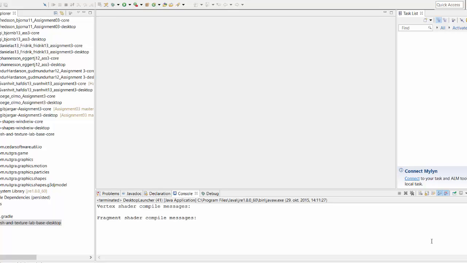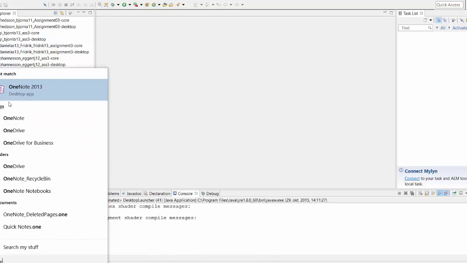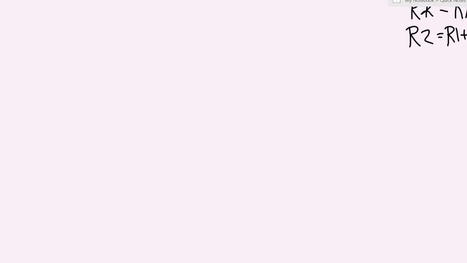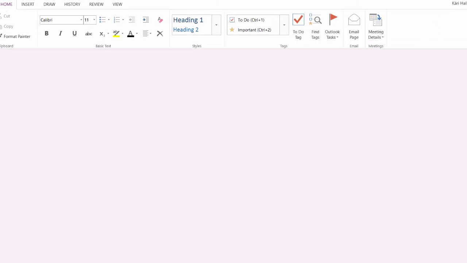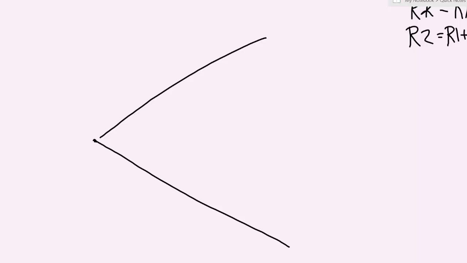Okay, so we're going to start by looking at generating fog a little bit. And the idea behind fog, let's see if we can just draw it a little bit up here. If we imagine that we have a camera here and it's looking in this direction, then the idea behind fog is basically to say I'm going to set some start fog distance here, start fog, and I'm going to set some end fog distance here,